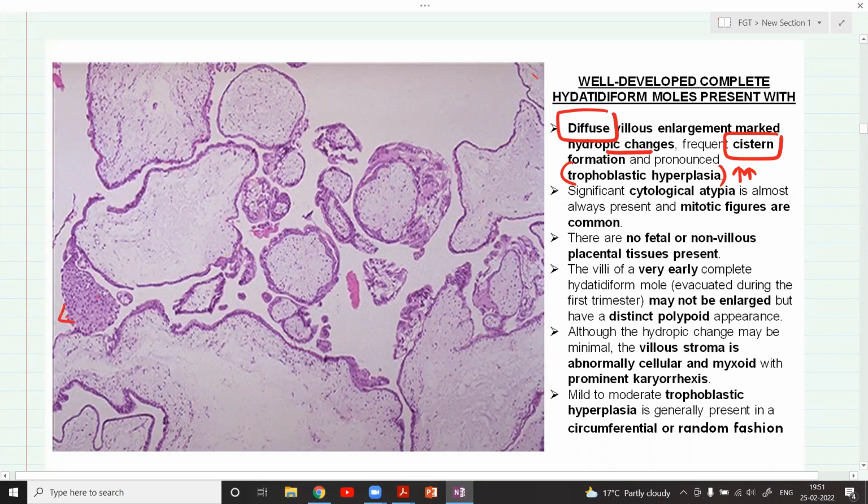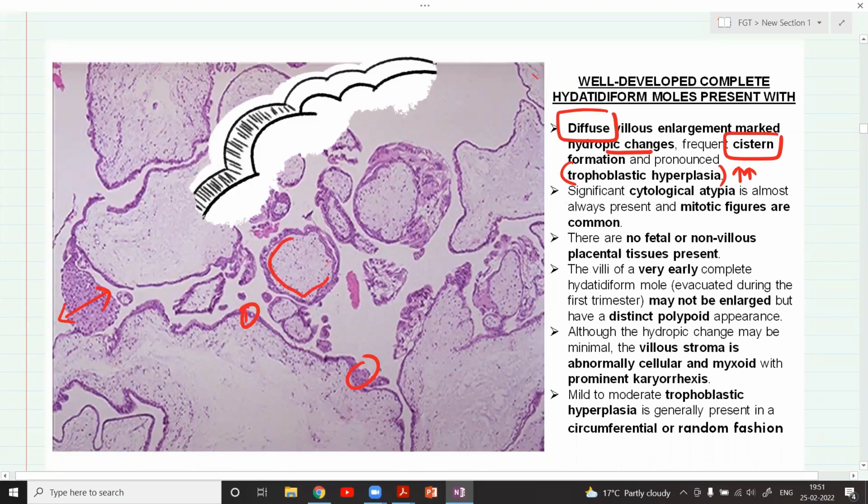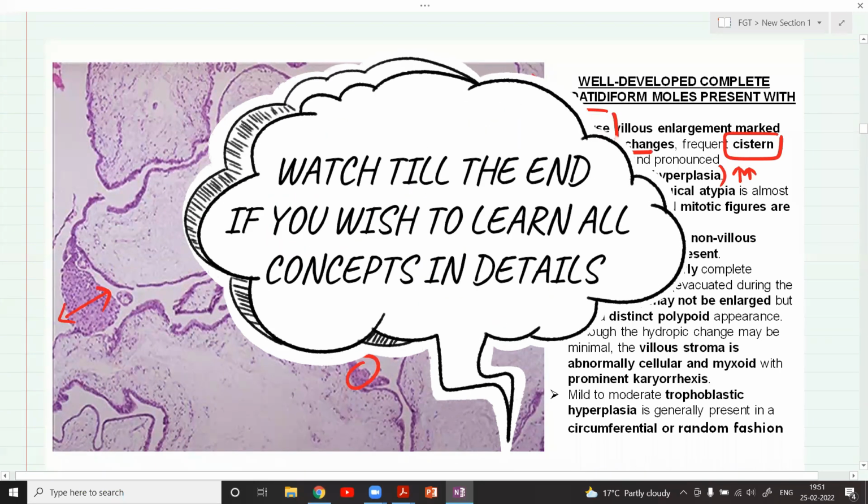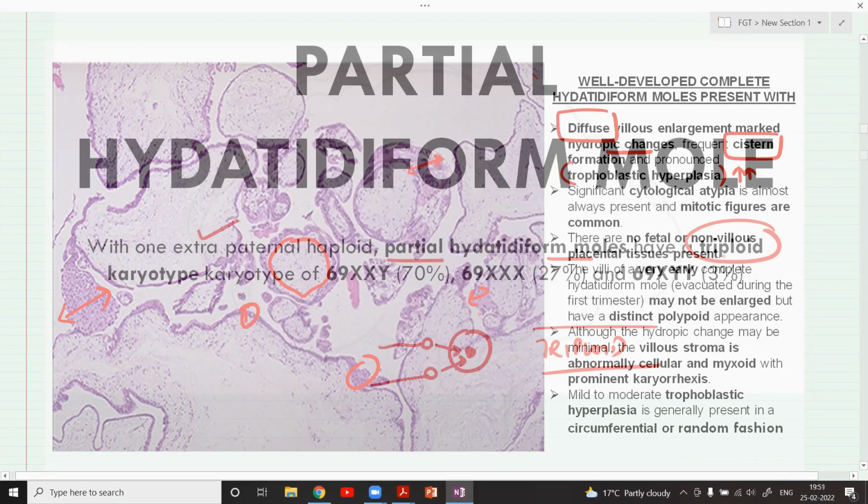Now, can you see over here a group of syncytial trophoblasts? Can you appreciate the lining over here? Yes, these are all trophoblastic proliferation. Over here, the trophoblastic proliferation is completely circumferential. See this amount of trophoblastic tissue. Yes, so these are all the trophoblastic. Here, if you see,